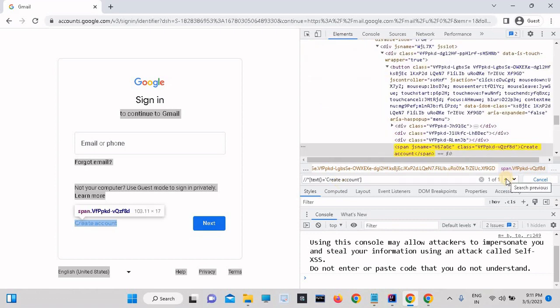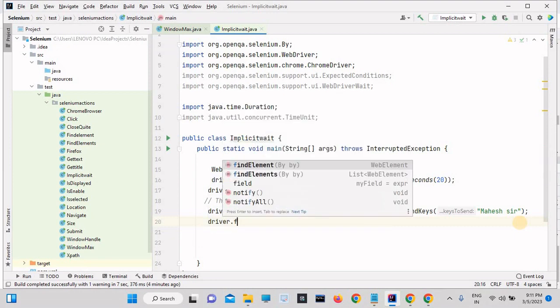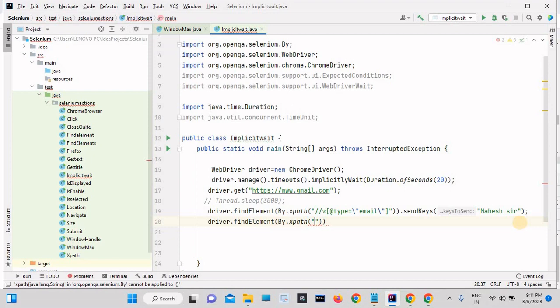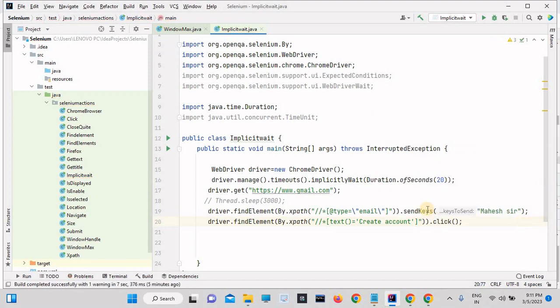So see, it has find out. So see here, copy, then driver.findElement By.xpath, then .click. So see here, if you use implicit wait here at the top level below the WebDriver driver equals to